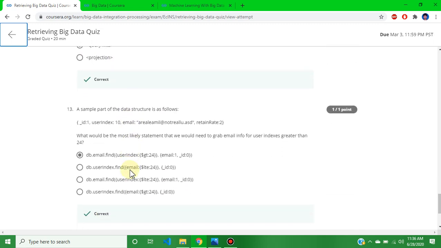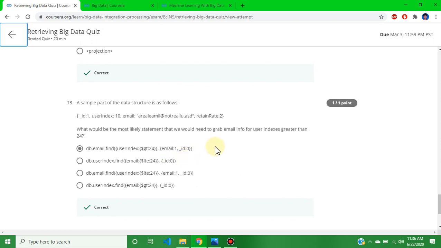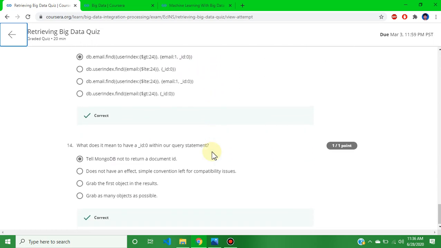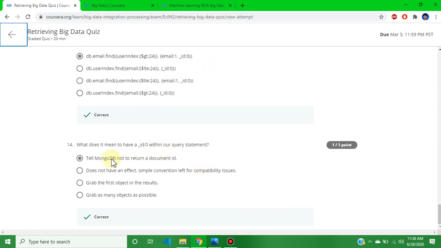And the 13th question's answer is db.email.find, your index email 1, id 0. The 14th question is the last question, and the answer is tell MongoDB not to return a document id. And now we will go to